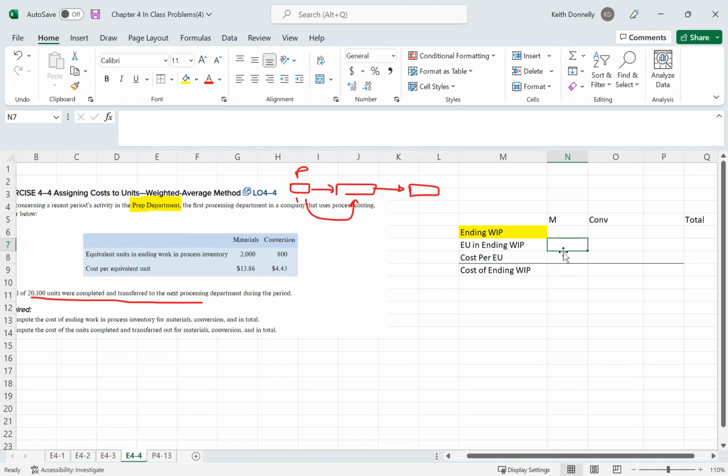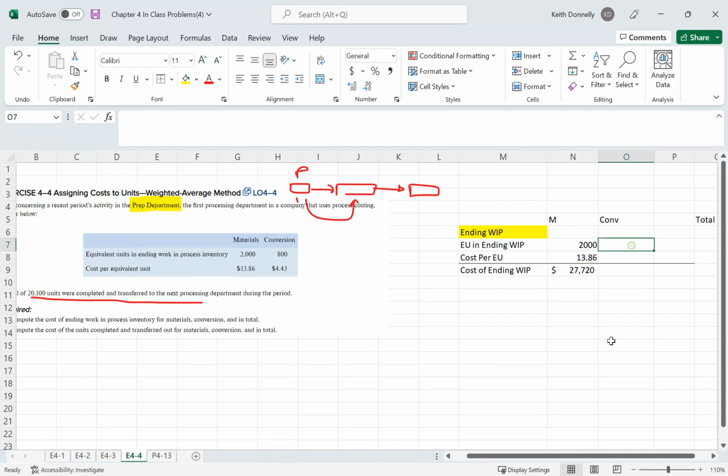So in this case, if we come over and snag the material, it looks like we have 2,000 equivalent units in materials, and they have a cost of $13.86. All we need to do here is multiply down. Looks like we're at a cost there of